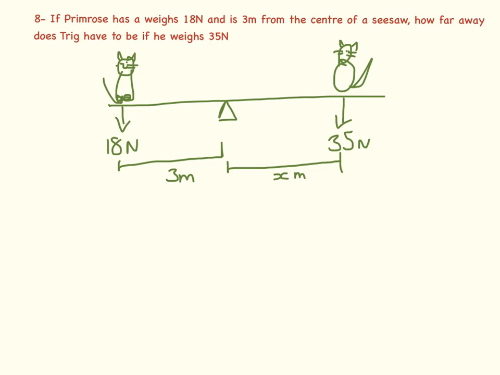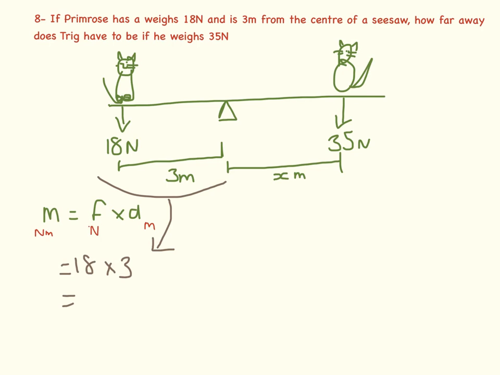So this is a complicated question because there are 2 things going on here and you need to rearrange an equation. So the equation that we need is moment equals force times distance. So this is distance here in meters, this is force in newtons, and this is moment in newton meters. So we have lots of numbers here. So the moment over this half of the equation, or this half of the seesaw here, is 18 times 3, which equals